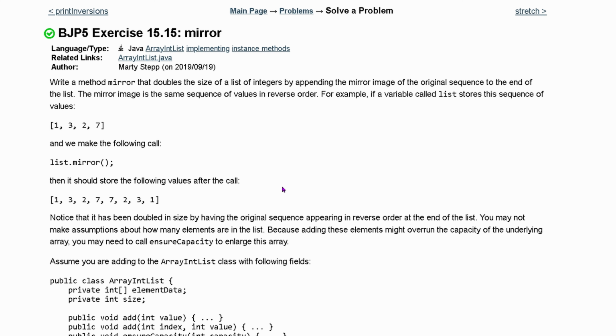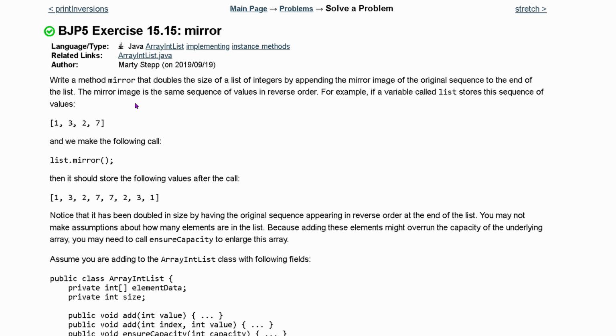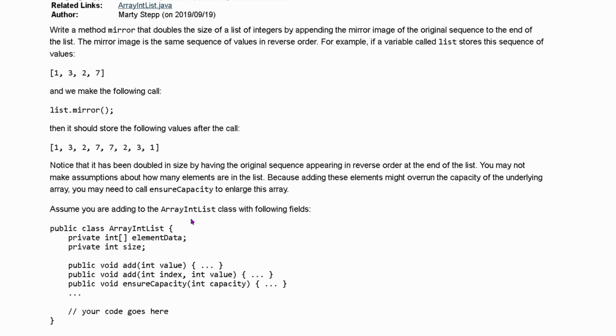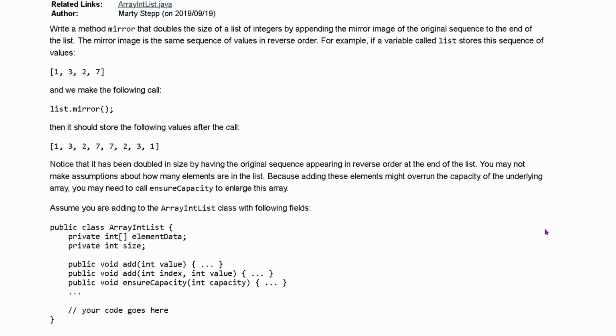In our practice exercise 15.5 mirror, we're going to write a method called mirror, and it's going to double the size of a list of integers by appending its mirror image to the original sequence of our list. So the mirror image is basically this sequence, if we look at this for an example, but in reverse order. Notice that it has been doubled in size by having the original sequence appearing in the reverse order at the